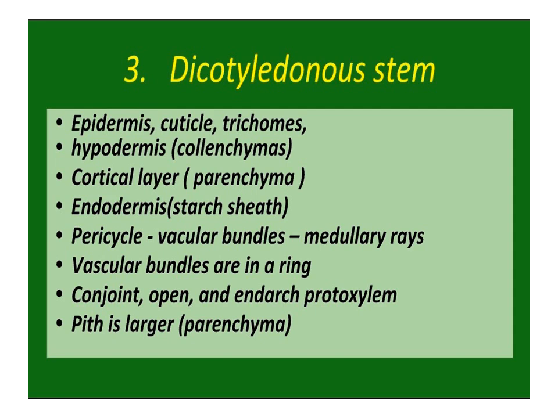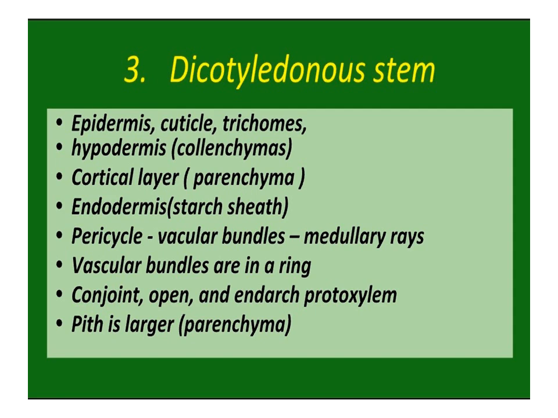Cortex lies below the hypodermis and consists of parenchymatous cells. Endodermis is the innermost layer of the cortex and is rich in starch grains, hence also called the starch sheath. Pericycle is present on the inner side of the endodermis and above the phloem of the vascular bundle in the form of semilunar patches of sclerenchyma.